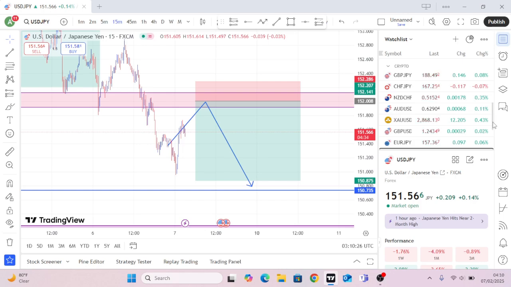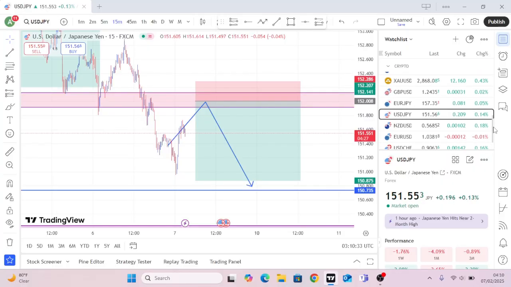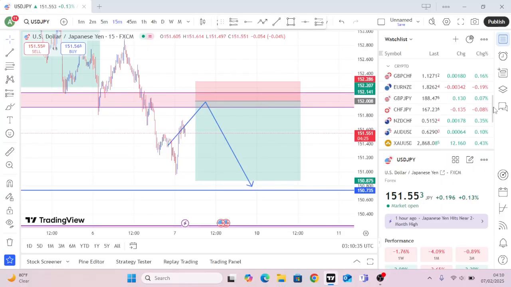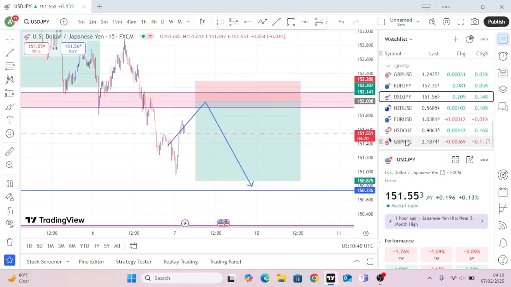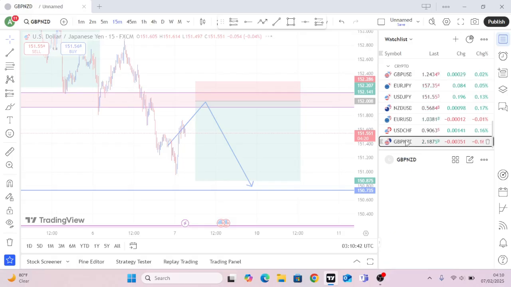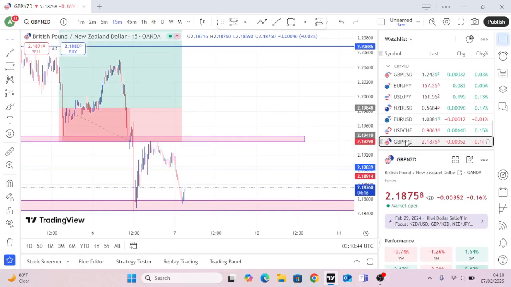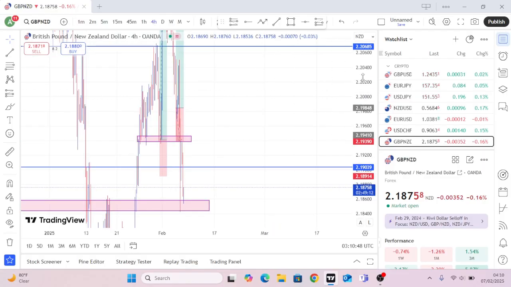So this is my FX charts and my FX screen. I would want to do a quick analysis and run you through the trades I'm expecting and how much I'm expecting to make from them. We're going to start from the very bottom, GBP NZD. I don't think I'm expecting anything from GBP NZD,